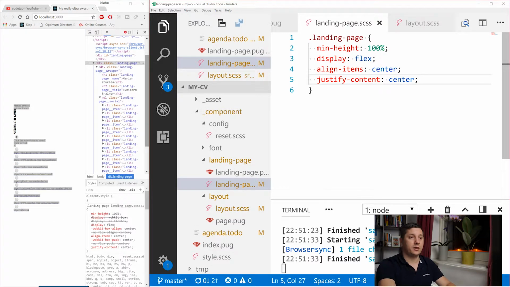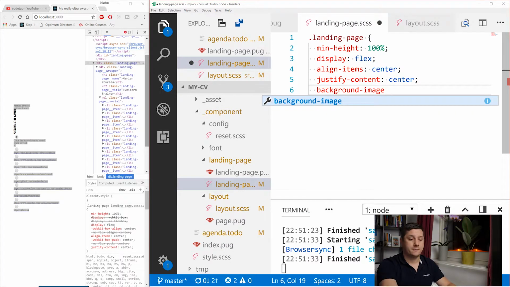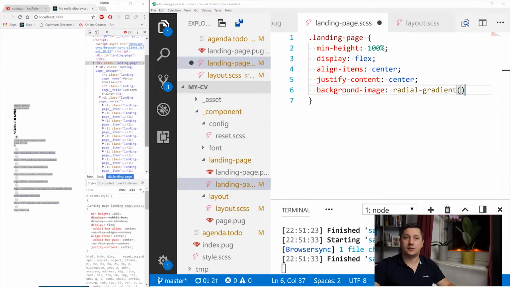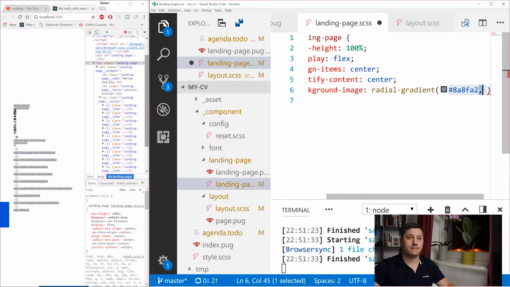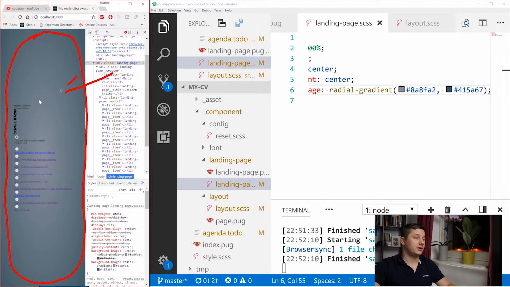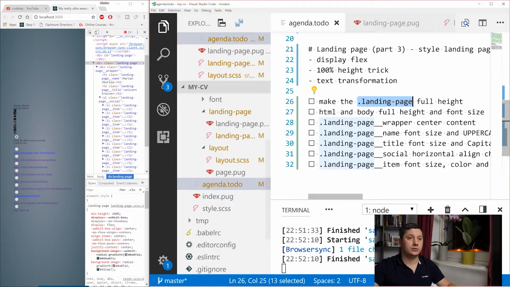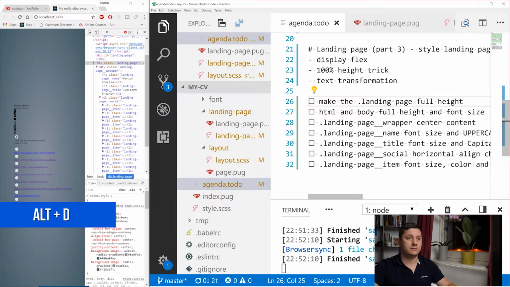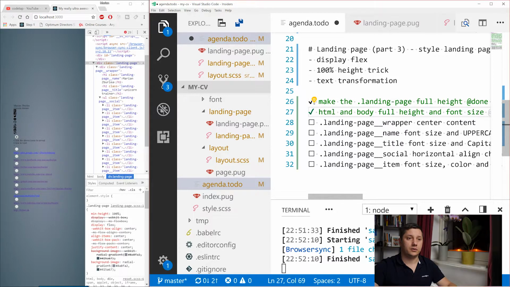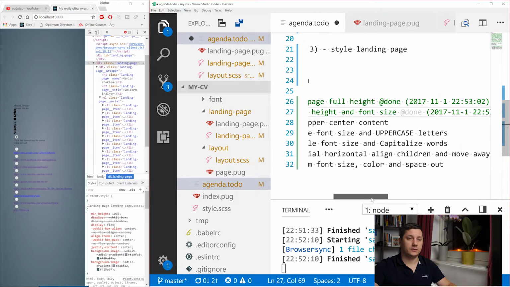And also let's do a background, radial gradient, and I'll copy paste some colors. And now I have this nice background over here. So in our agenda to do, let's mark this as done. And the HTML body full height and font size.